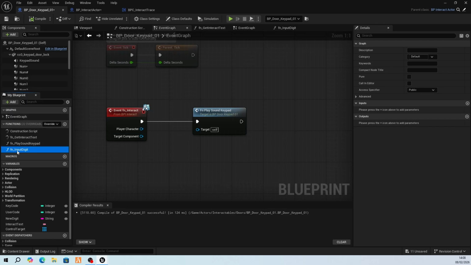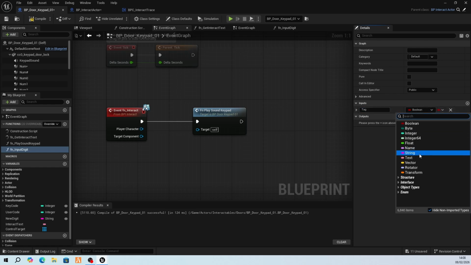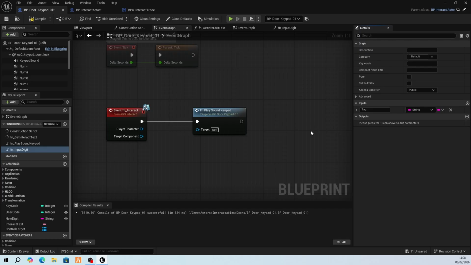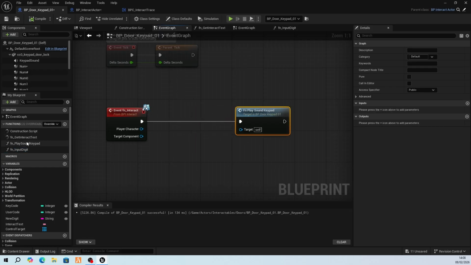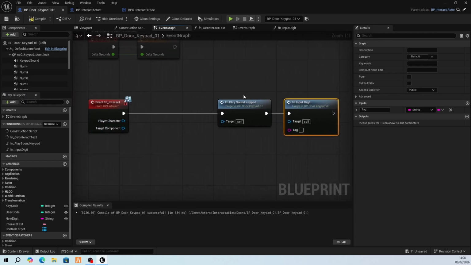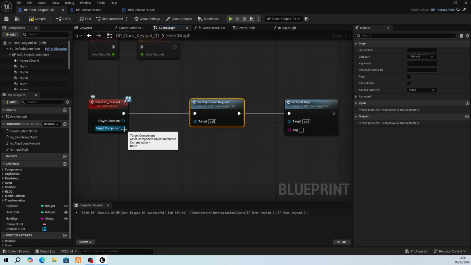So we're going to click on input digit, input, and we're going to put in there tag, and it's going to be of type string. This allows us to get what we're inputting. So we're going to now drag this in. We've not put anything in it yet. We'll drag it in and play this sound regardless,